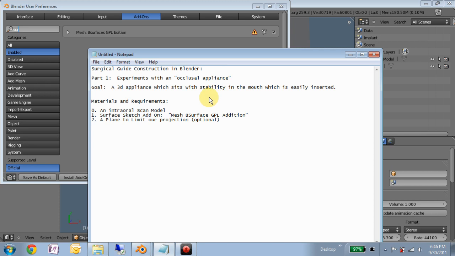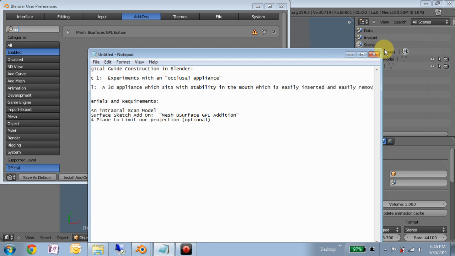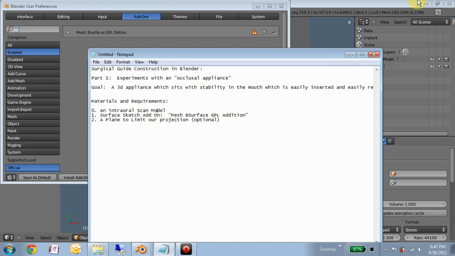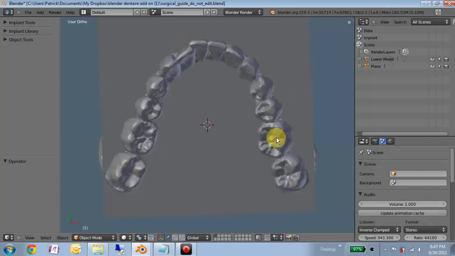And our goal for the first part is to generate a three-dimensional appliance that can sit with primary stability in the mouth and that's easily inserted, so no undercuts. And I guess I should also add, and easily removed, so not locked on. To do this, you will need an intraoral scan model, which is here in the scene